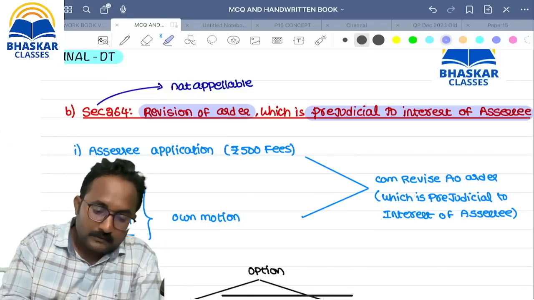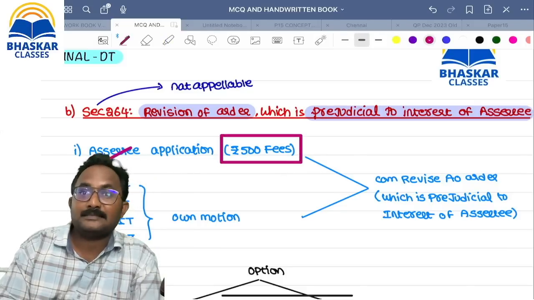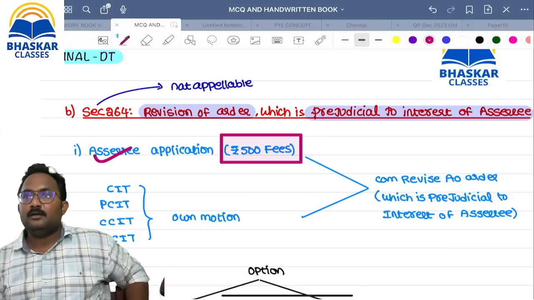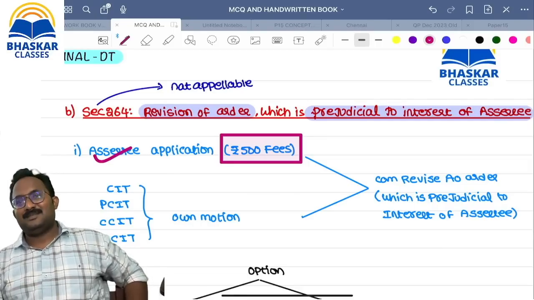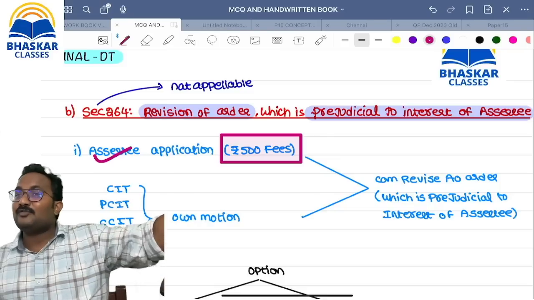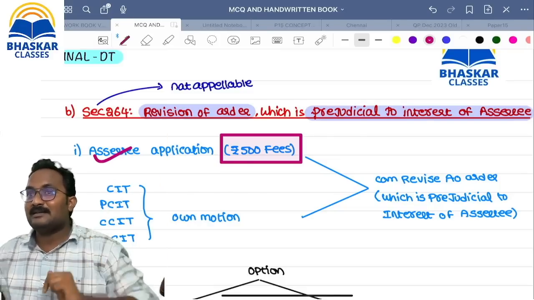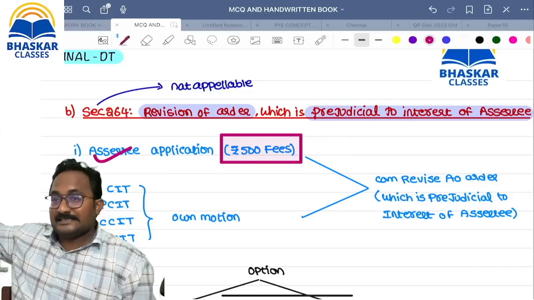Now, sir, the comedy point is this one only. If you are applying with the fees of 500 rupees, for appeal also you have to pay the 500 rupees. Normally before CIT(A) 250, before ITAT 500. For revision also you have to pay how much, ma? 500. But in the last case, section 263, there is no fees, because that is done in favor of whom, ma? Department. That's why no fees. But here they are asking, sorry, they are begging the fees of 500. This is only the comedy.